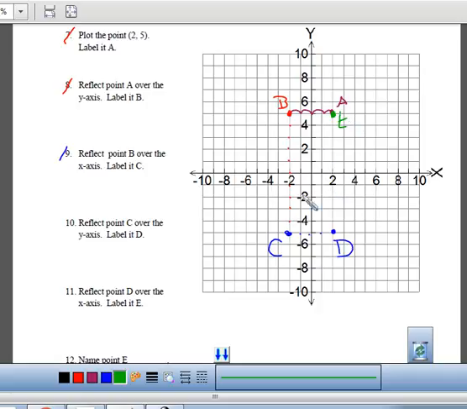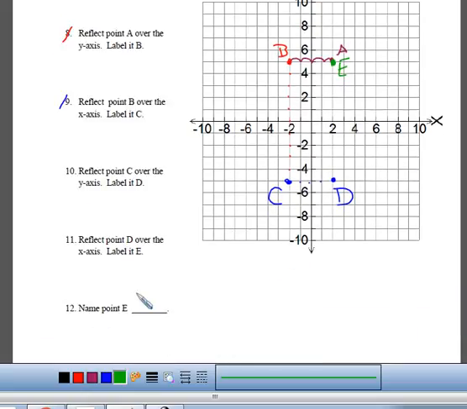So reflecting is flipping it over a line. So it has to be the same number of spaces or same distance. If you think about a reflection in a mirror, if you were standing a foot or 2 feet away from a mirror, your image would look like it's exactly the same distance away. So, last question at the bottom, name point E. Point E is the same as point A, (2, 5). Alright, that is